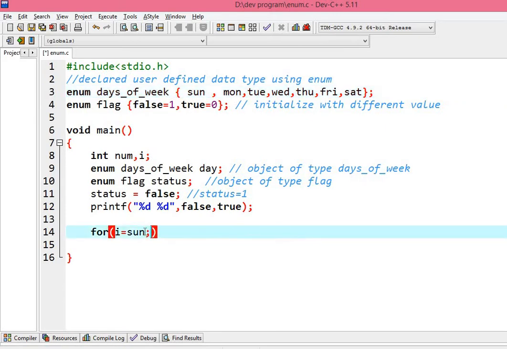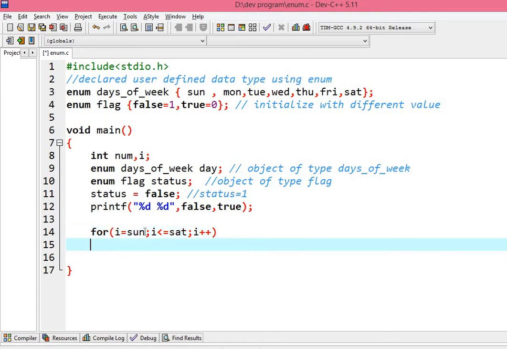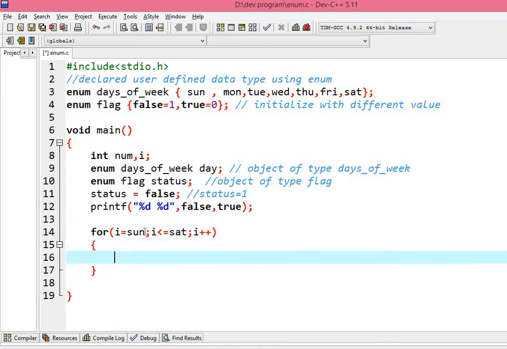After that, I less than or equal to Saturday, and I plus plus. You can see how I am using this variable I in the for loop. Now after that, printf %d space and over here the value of I. So it will just print out all the values.